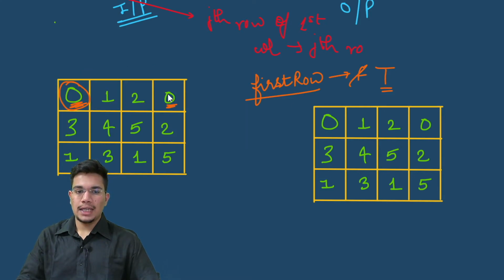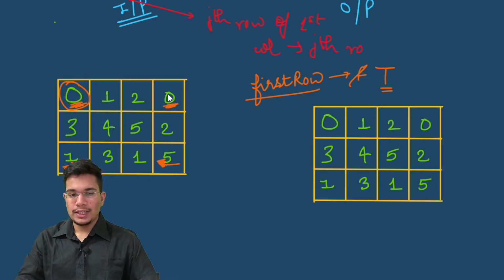So for example, we start iterating from here, and for this particular value, the row and column that it is currently lying at is represented by this value and this value. So if either of these two are 0, we'll change it to 0. And because this is 0, we can change this value to 0. Again, for this value, since none of them are 0, we don't have to change it. Then for this one, again, neither this is 0 nor this is 0, so we don't have to change it.